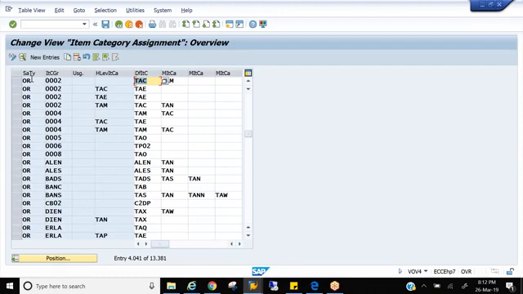So why do you really need this? Let's say in real time, you'll be creating lots of user document types and different item categories. Yesterday I told you, right? If I don't want to perform credit check, how can we do it? You can change either the item category group in the material master, or you can change the standard item and get a different item category, right? So in the study material, you have lots of scenarios for this.